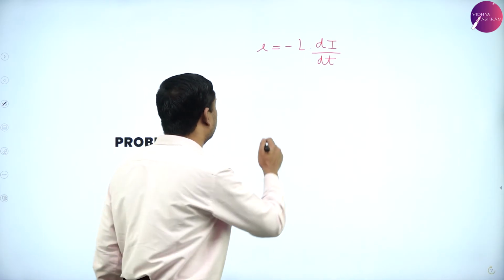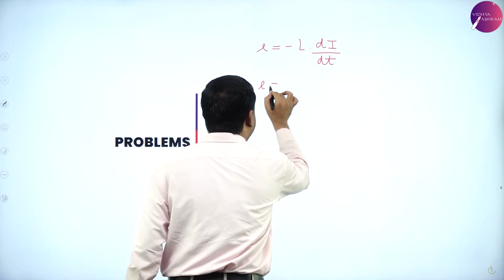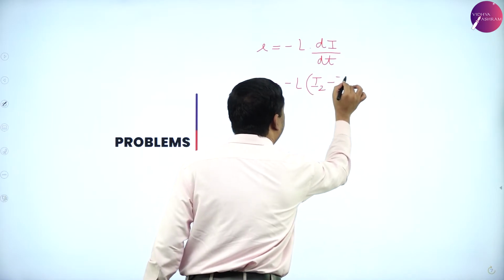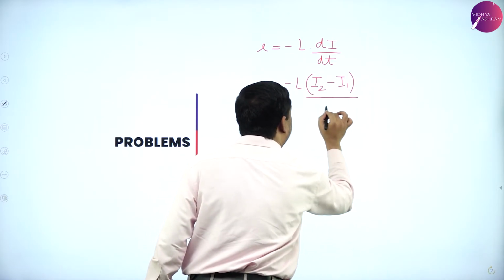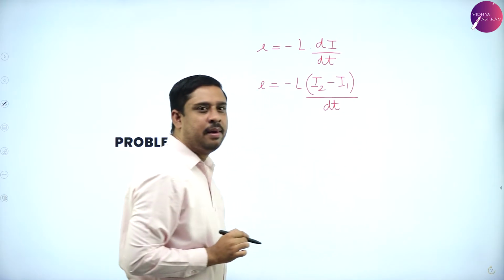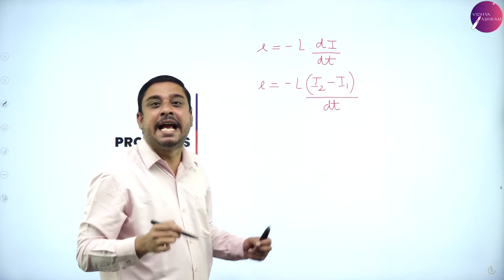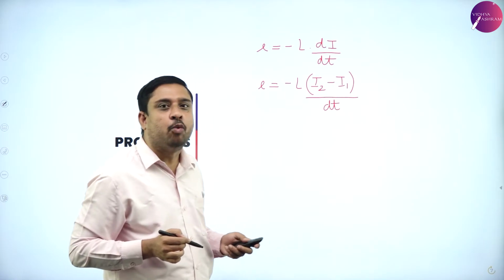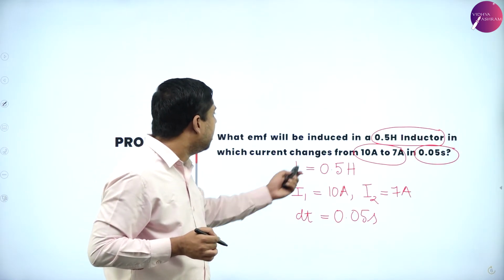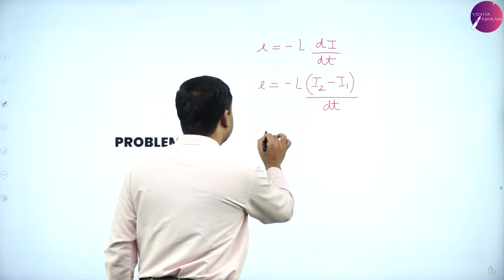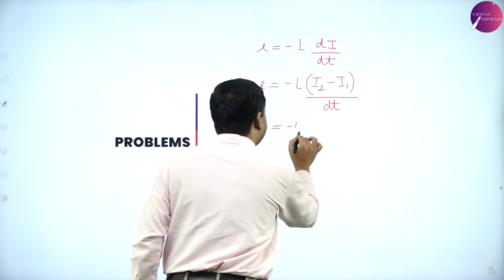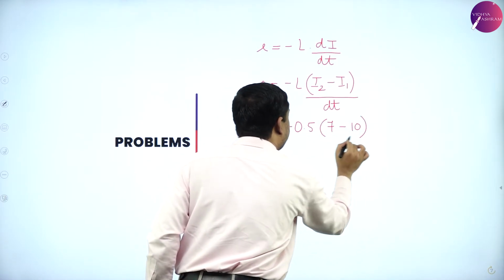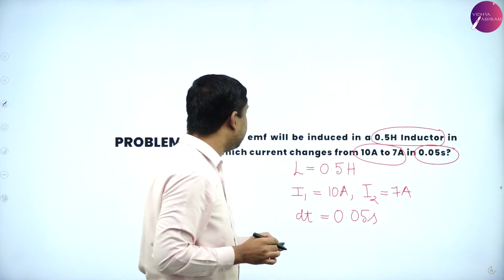Now on substitution, this can be written as E equals minus L into (I2 minus I1) by dt, where di is the change in current. L is 0.5, so E is minus 0.5 into (7 minus 10) divided by dt,